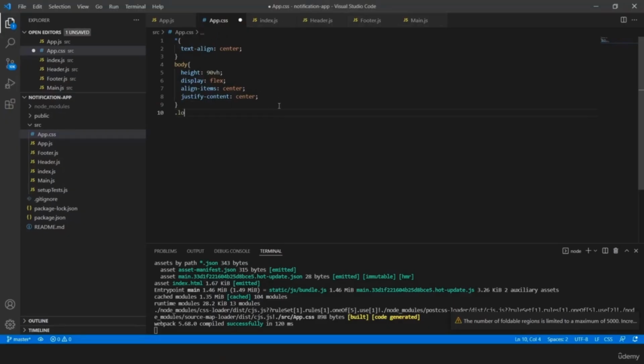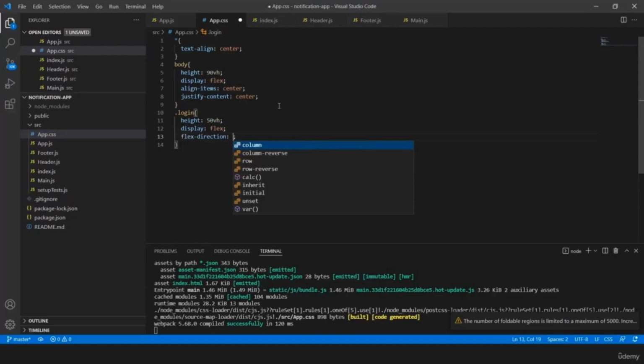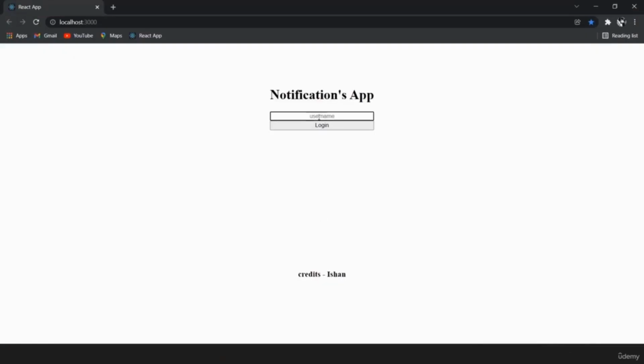Let's give a login class a height of 50 vh along with display flex and flex direction to be column. So this flex direction column will basically align both the button as well as the text field to the center. So now when we look, you can see this login button is placed at the bottom of